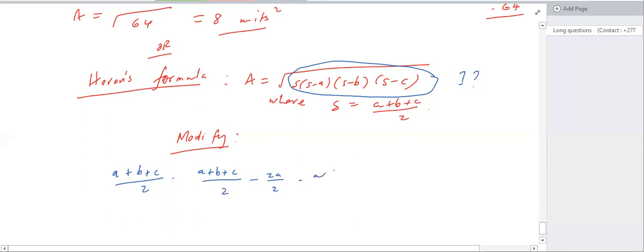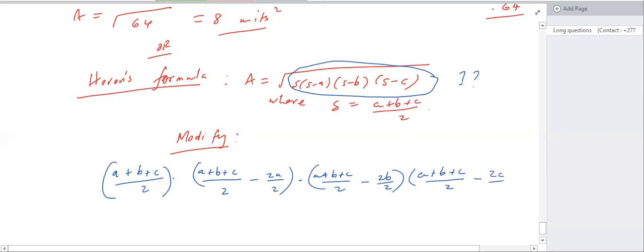Then A plus B plus C over 2 minus 2B over 2. Into A plus B plus C over 2 minus 2C over 2, which can be simplified as